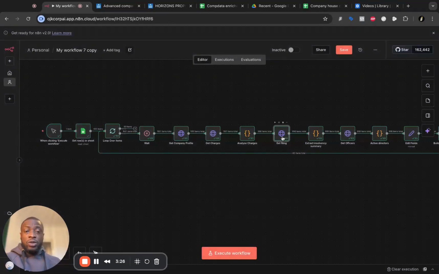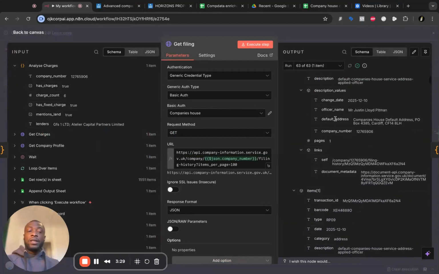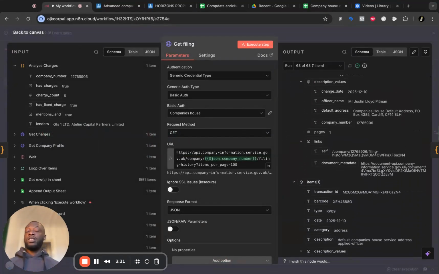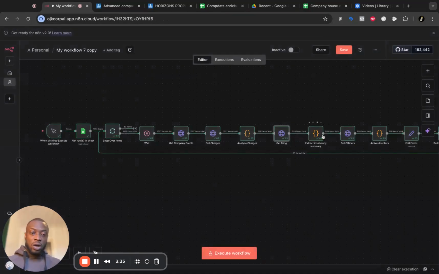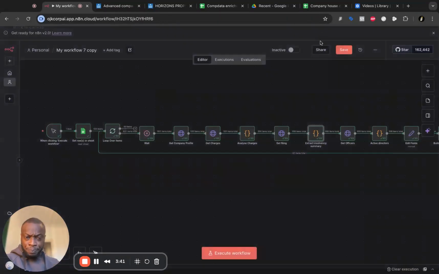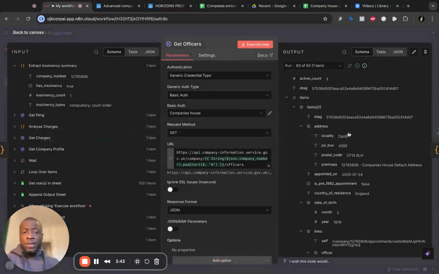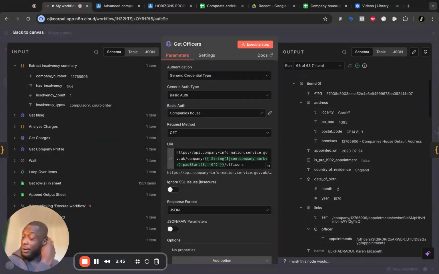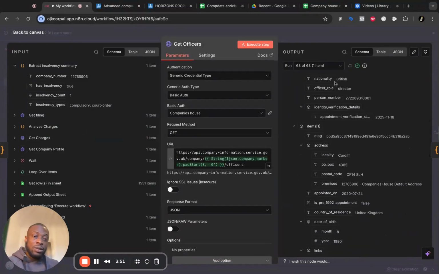And then from there, we're going to be looking at all the filings from this company and really to understand who the insolvency practitioner is, get some details and stuff like that. And then we're going to be moving on, get some insolvency proceedings as well. What type of insolvency they're into, compulsory, court order. Moving down, want to get the directors' details as well, because sometimes the directors do own the properties in their own name. So here we're going to get the name of the directors